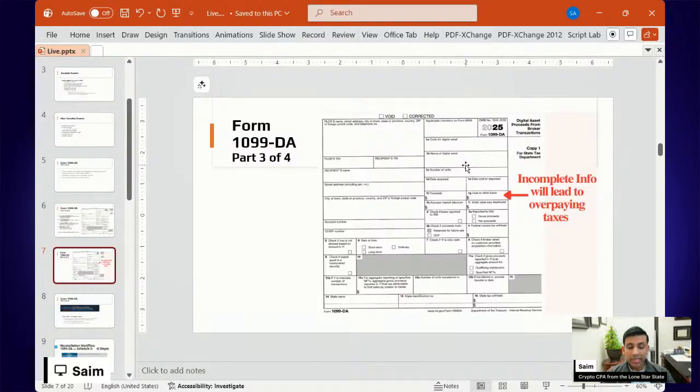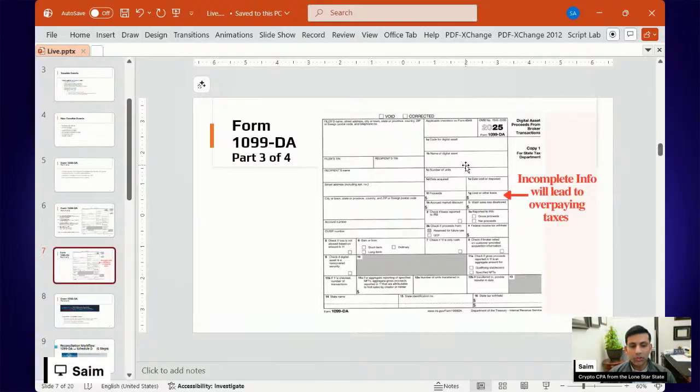And when taxes are due in April, it's going to be very, very hard to come up with the right 1099-DA form. So basically, make this a habit in 2026: on a quarterly or semi-annual basis, go back, log into your centralized exchange, and go into the tax section, or somewhere it will state that you have this incoming crypto for which they don't have the cost basis and the date, and plug that in there. And if they need some information, provide that information. That's how you will get a proper form.